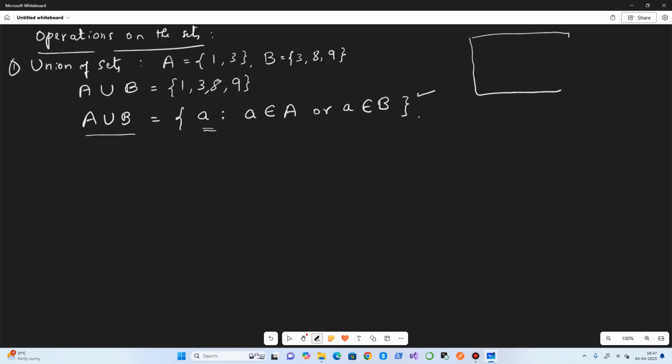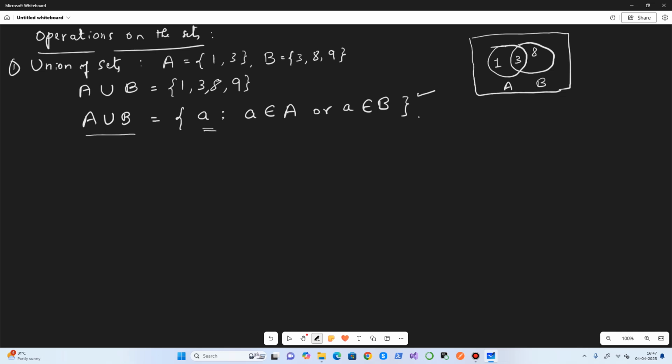A and then B. In A we have 1, 3 is common, so I will put it inside the area which is the intersection of A and B. This area I will put as 3, because 3 belongs to both A and B. That's why I have put it in this section, pictorially.